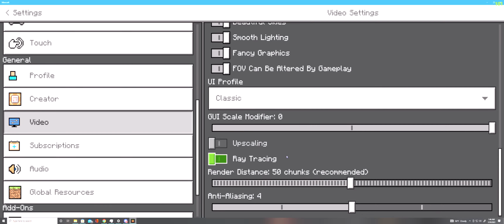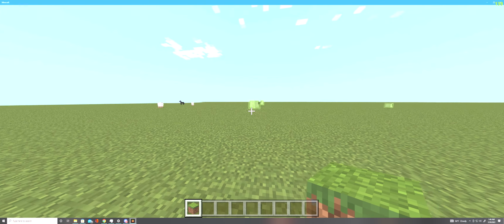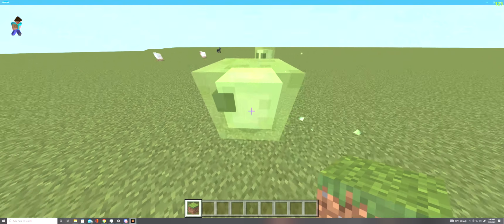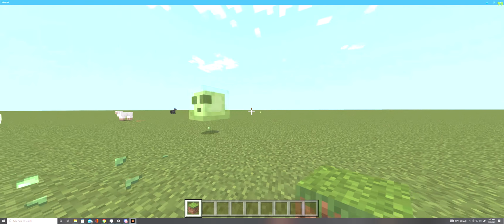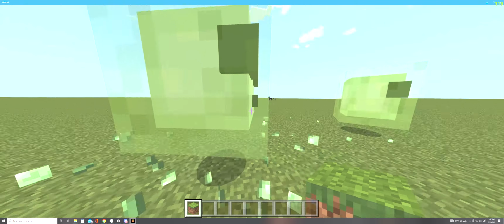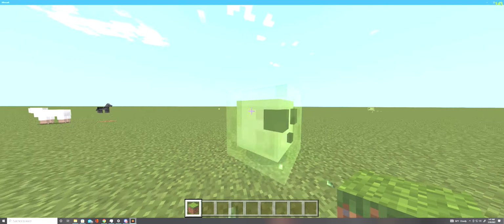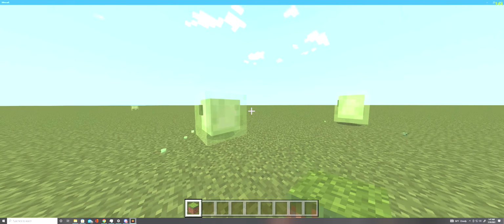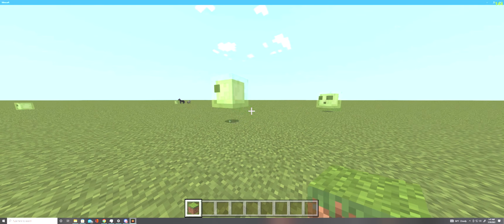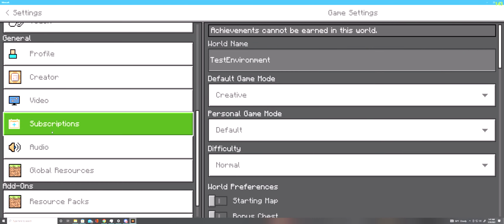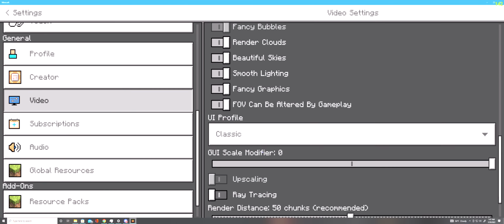So let's turn that off. Okay, so yeah. That's pretty close to what the slime looks like before. I think it might be a little different, but that might also just be a novelty of this version. Maybe I'm just remembering things incorrectly. Could be any one of those. But definitely